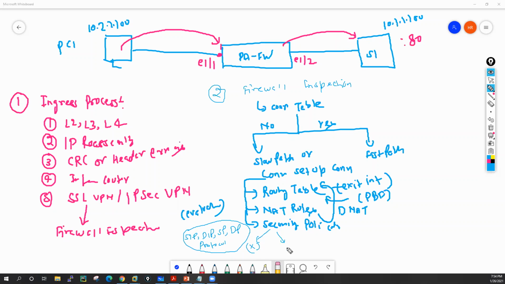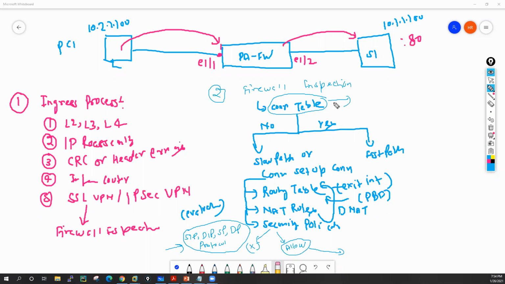If the security rule is allowing the traffic, it will install the session for this particular traffic into the session table on the basis of source IP, destination IP, source port, destination port, and protocol number. It will install the session.